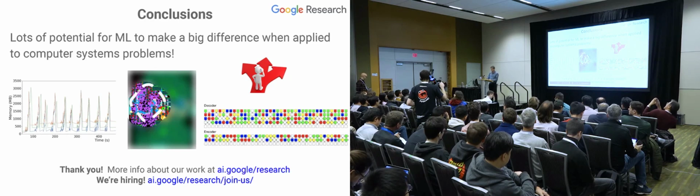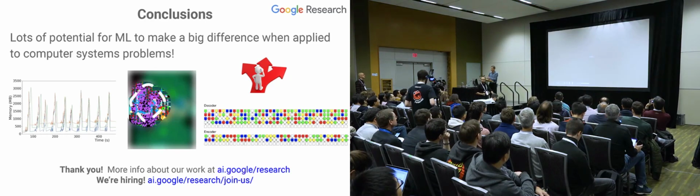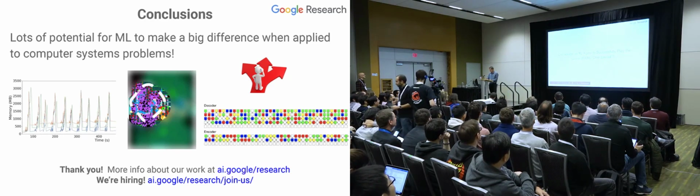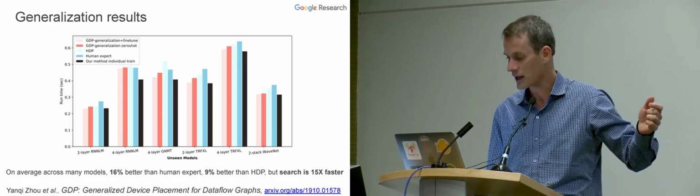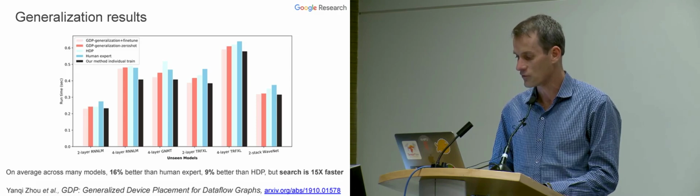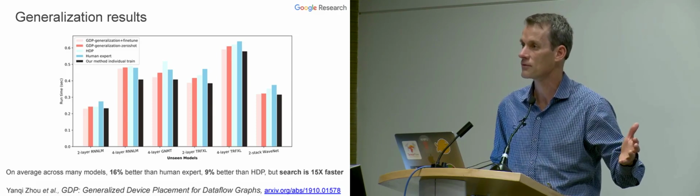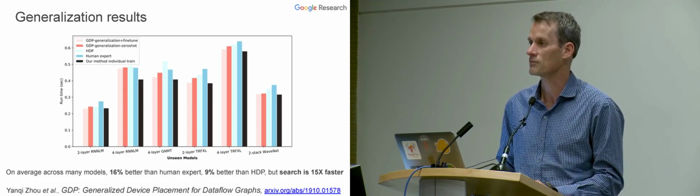Yeah, you mean in particular for the ASIC placement? I thought I had a graph of that, but maybe that's the graph that didn't show up. That's this graph. Sadly. But you can get a sense of it from this graph as well, right? So if you just do zero shot, that's the pinker bar, and this bar is what happens if you do fine tuning. So in most cases you get a little bit of gain, but just doing zero shot from the policy you've trained on other kinds of examples that are not this one gives you most of the benefit. And I think that's also true in the ASIC placement as well.